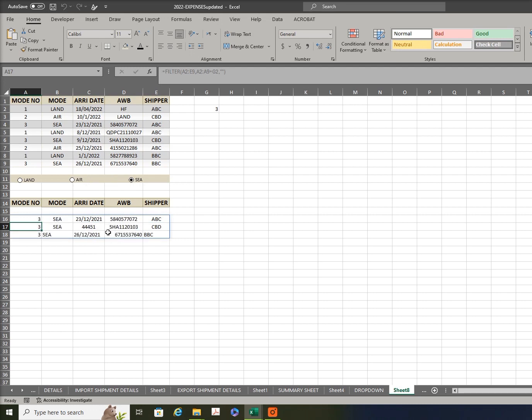Now I don't need this number. I need only the mode only. I want to remove this number. I'm just removing this number. And I want to get the result also. So that's the reason I am using